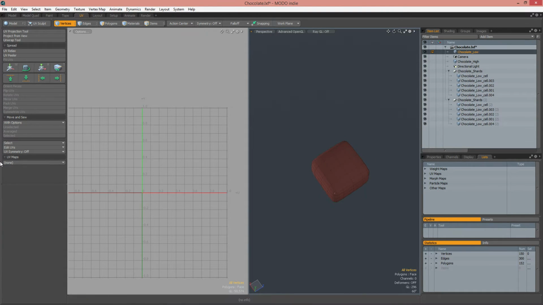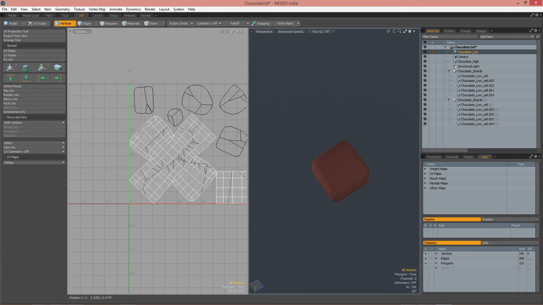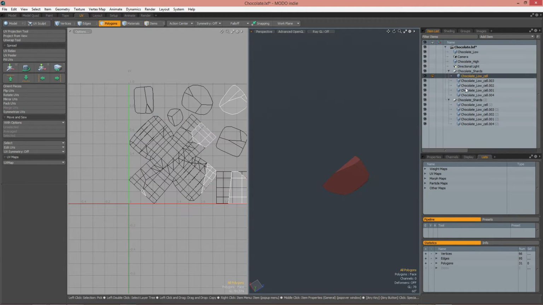But the trick to it is the low poly and the fractured version have to have matching UVs for the outside. So if you look at this, we have all of our exterior UVs, and if we look at the shell pieces or the chunk pieces, we have the inside separated and then the outside matching UVs. So I've already gone and exported these,